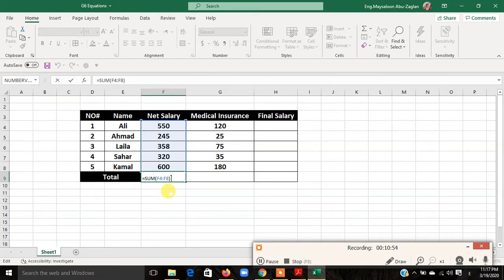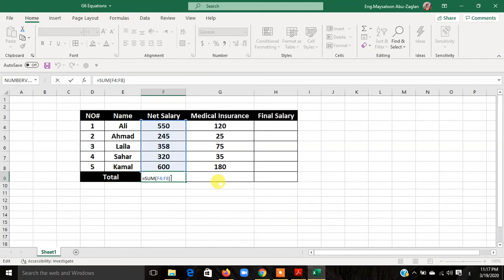Again, from F4 to F8, we can read this colon as "to": from cell reference F4 to cell reference F8, I want you to add the whole numbers here for the 5 employees. So when I press Enter on my keyboard here,